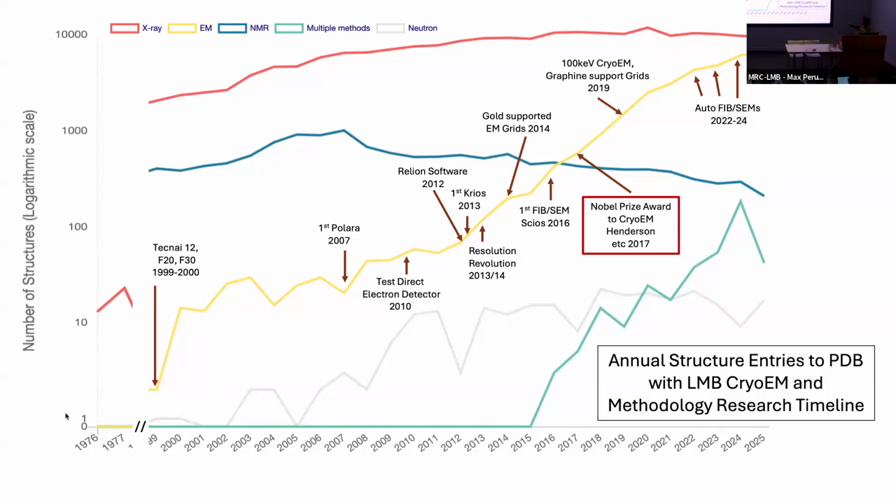And from here, some techniques and methods contributed to the development of this field, like the gold spot grid, from the crystallisation and Russo group. In 2014, they already experimented with different supports. This is to try to make the sample very stable. When you image, if there is any blur, this really affects your final resolution. And until a few years later, they developed a graphene support, even better,